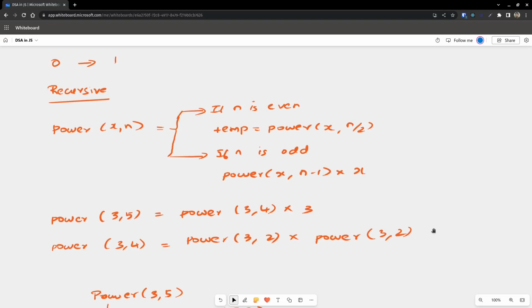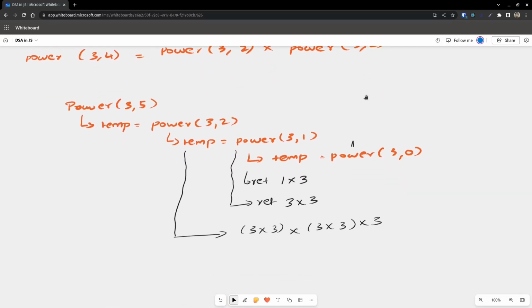So let's get some idea about how this recursion call stack is going to be. Let's say we are trying to calculate 3 of 5. And initially we will say power of 3, 2. And this will again call 3, 1. And this time this is, remember, odd. And this time again it will call 3 comma 0. 3 comma 0 is going to return 1. And this is going to return 1 into 3 to the parent, 3 comma 1. 3 comma 1, if you remember, will again return 3 into 3,